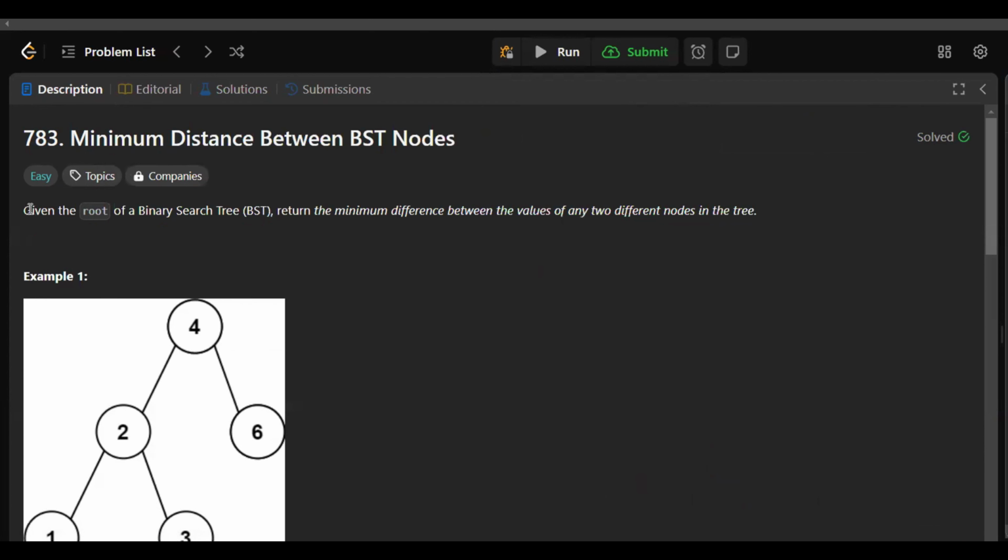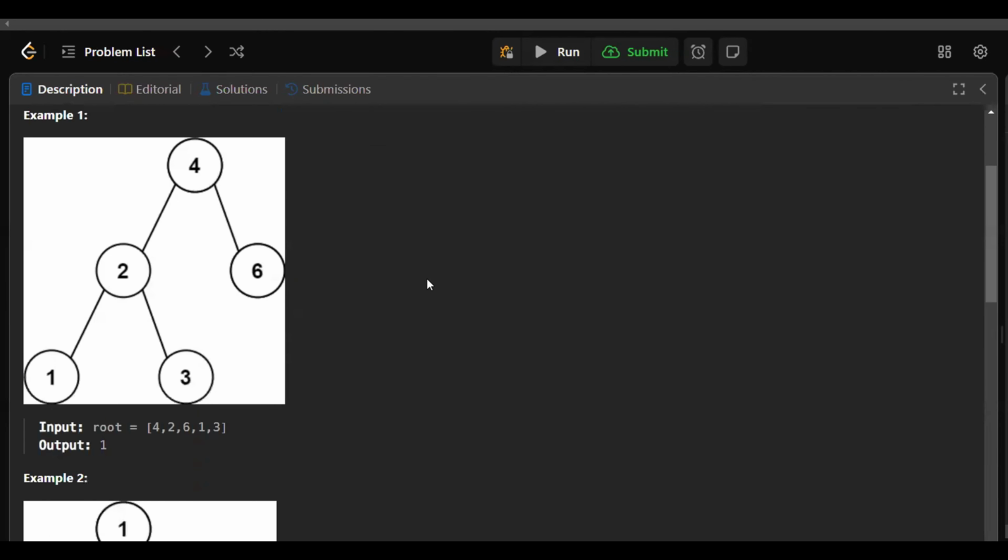In this problem, we are given a root of a binary search tree and we have to return the minimum difference between the values of any two different nodes in the tree. Now here, for this example,